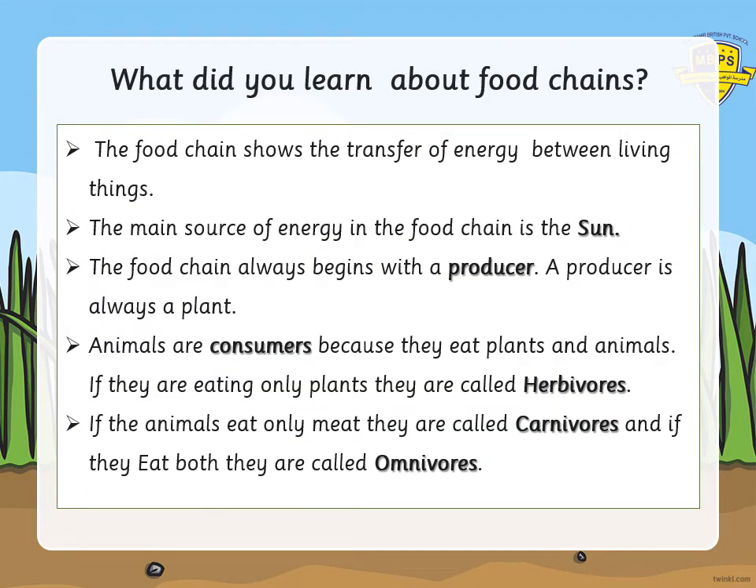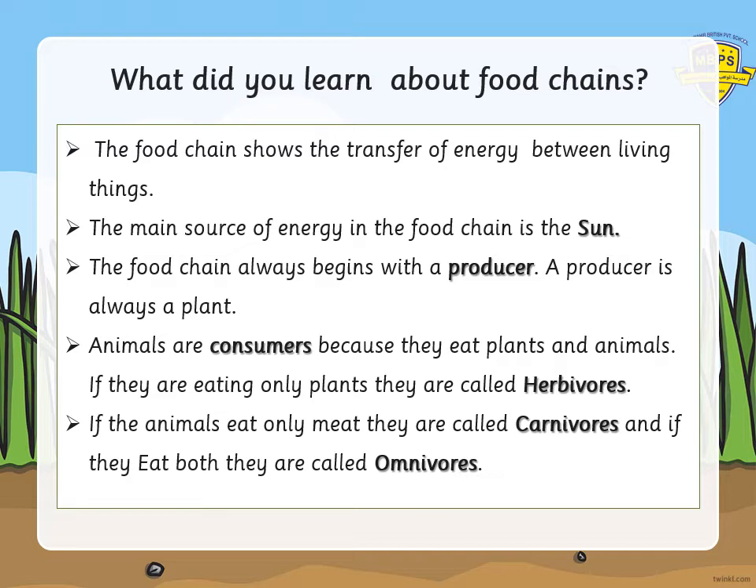So what have we learned about food chains? A food chain shows a transfer of energy between living things. The main source of energy in a food chain is the sun. The food chain always begins with the producer. The sun gives its energy out to all the environment. The producers take in that energy. All plants use that energy to make their food, and then they are eaten by other animals, and those